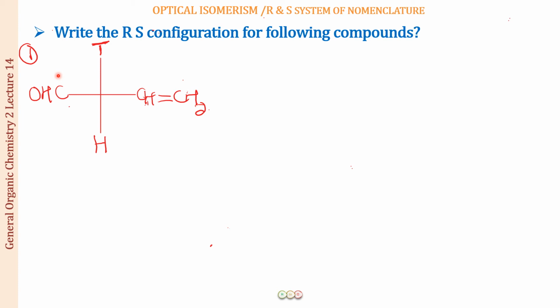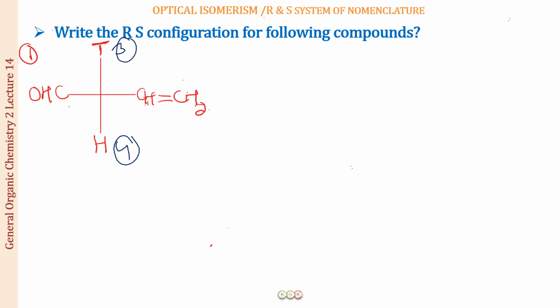Now I'm starting from backwards. Why I'm starting from backward is because here you have a C and a C. There is going to be a controversy between group number 1 and group number 2. And then there is going to be a decision between a tritium and a hydrogen. That will be group number 3 and group number 4. So hydrogen is going to be group number 4 because this has a lower atomic mass as compared to its isotope, that is tritium.